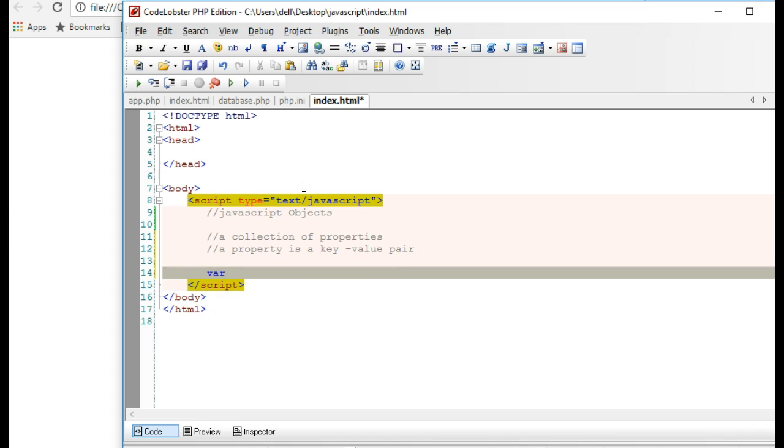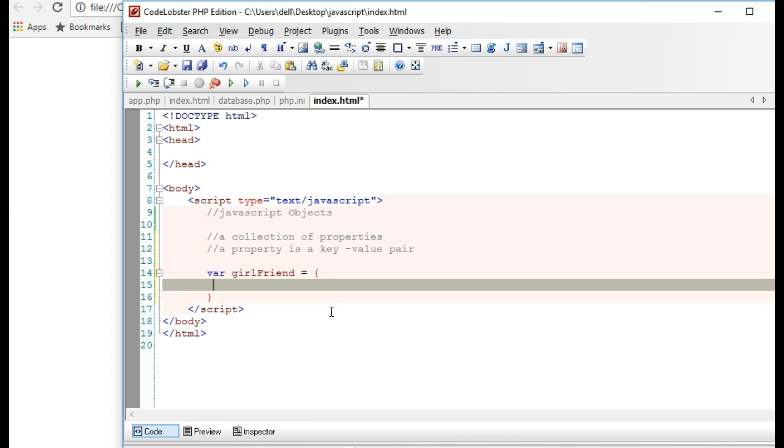In JavaScript, an object is just like a normal variable, so we can just call this and assign a value to it. You use these curly brackets above your keyboard; hold your shift key and press them. So we start declaring and assigning values to it. The first property is my girlfriend's first name. Let's say first name, and you use this colon, and the first name is Jolie, and you use a comma